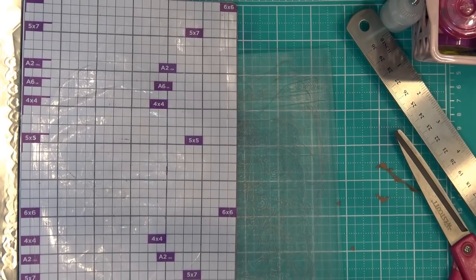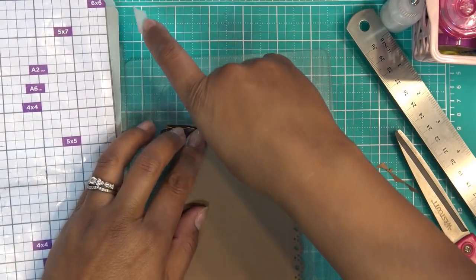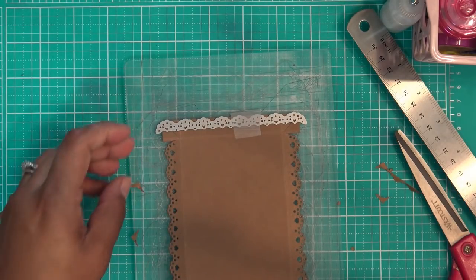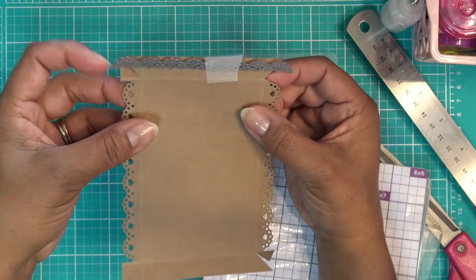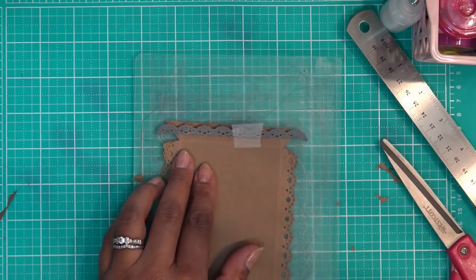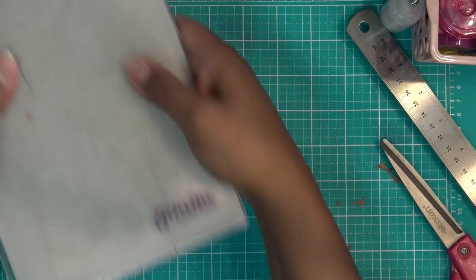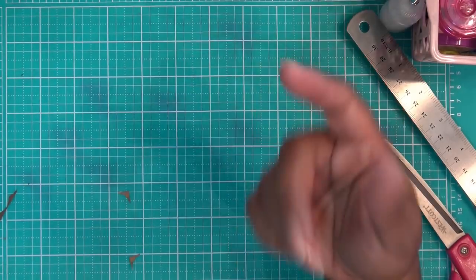Let me get another piece of tape because I don't know where the last one was. Okay. And make sure, like right now they came back up. Make sure these little pieces are tucked away. Hopefully I'm not confusing y'all. Mine came back up and that's not good. Okay, there we go. Put that down. Put this down. Nope, nope. Put it down. All right, let's run that through. And then I'm gonna do exactly the same thing for the other side. But I'll show you what this looks like and then we'll...